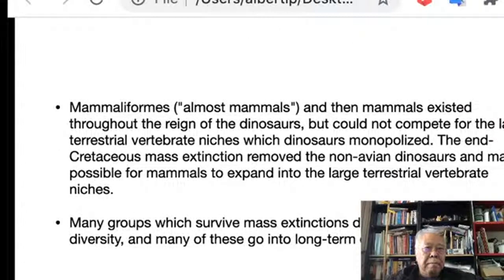Mammals existed during the dinosaurs. Do you know the difference between dinosaurs and mammals? Mammals are characterized by giving birth to a small copy of the species, while birds give birth to an egg,